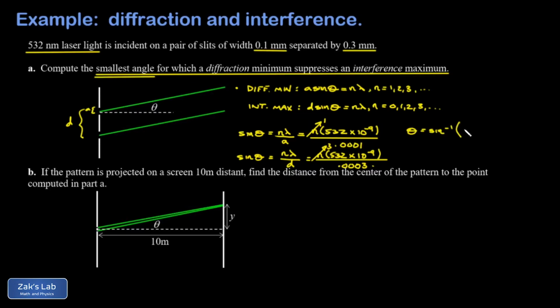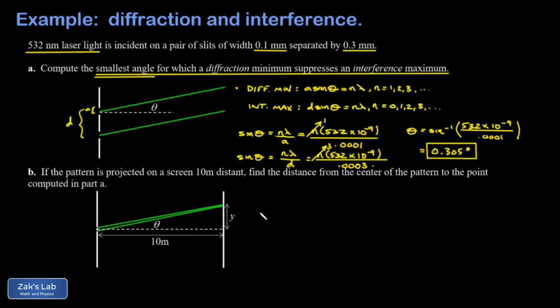And that angle must be the inverse sine of 532 times 10 to the negative 9 over 0.0001. When we run the numbers on this, we get about 0.305 degrees. This is the location where the n equals 3 interference maximum is being crushed by the n equals 1 diffraction minimum. In part B, we're following up to projecting this pattern on a screen